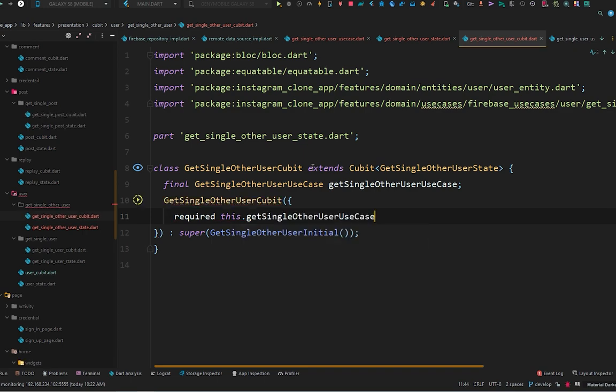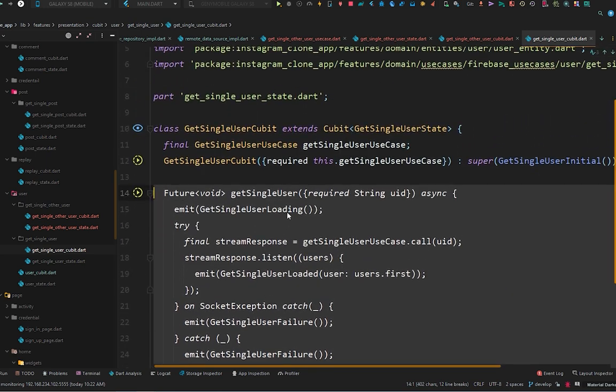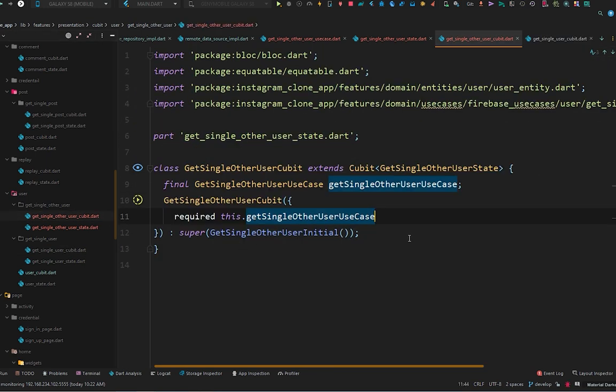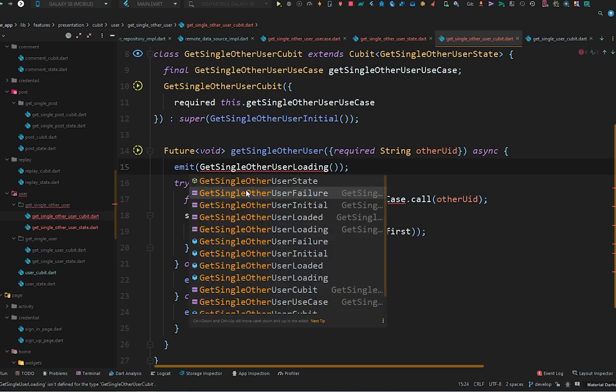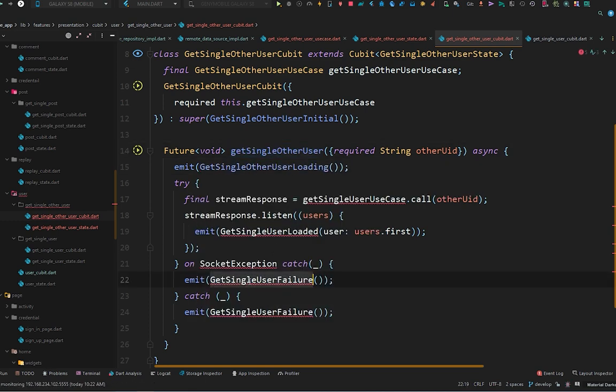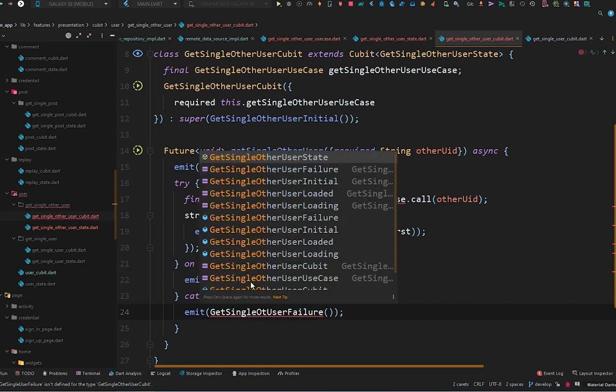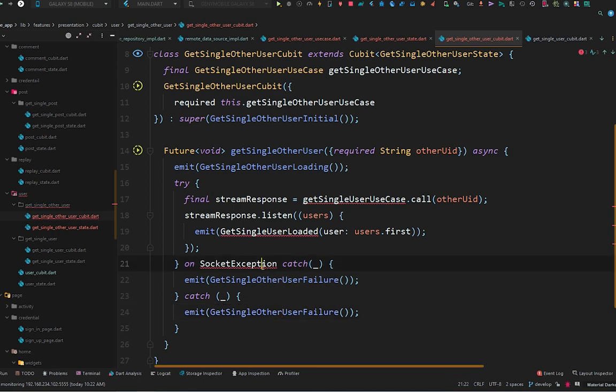this dot get single other user use case, and now in the get single user we will copy this method from here and paste it in here and change its name to get single other user, and the ID will be not the UID but the other UID, and also this will be get single other user loading, and select this failure. This will also be get single other user failure. Also import the